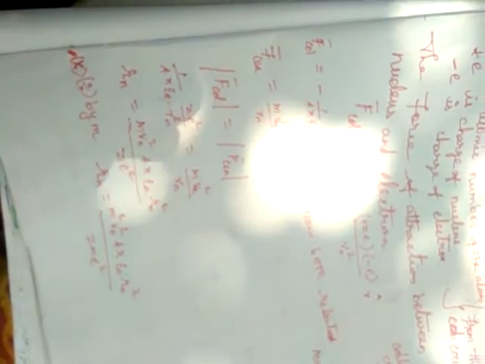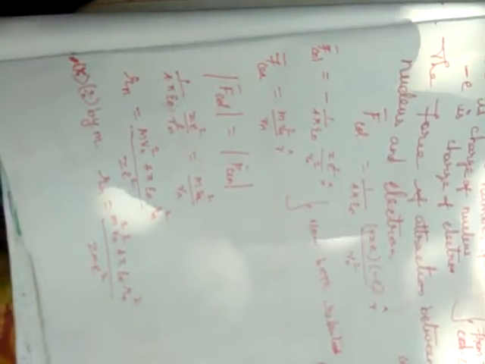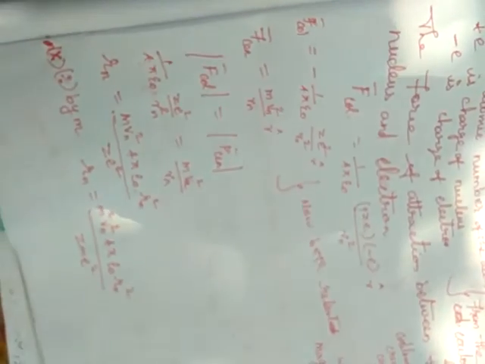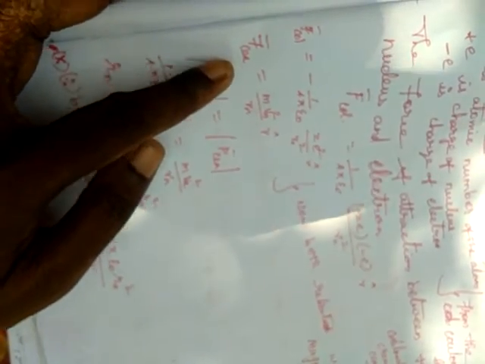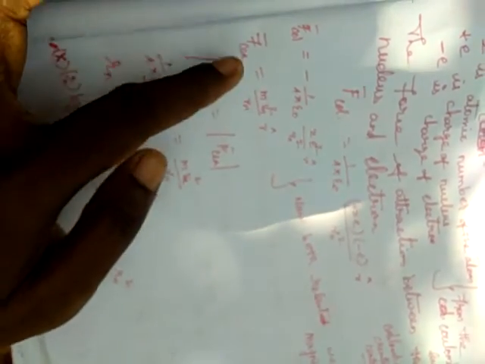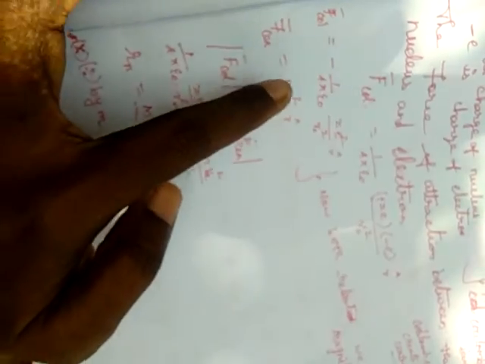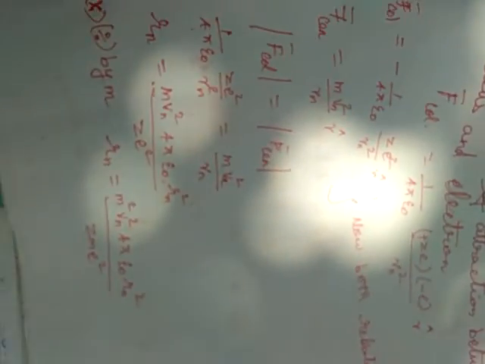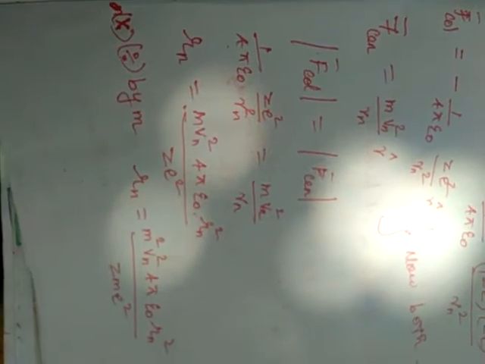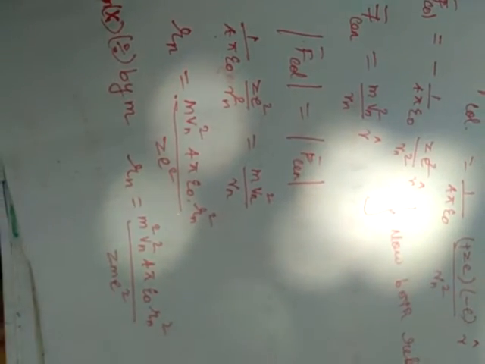Secondly, we take the centrifugal force, which is a very important one. We want to calculate that force also. The centrifugal force and the Coulomb's law force, we want to relate both, and for that we have to take the radius value. The centrifugal force is equivalent to m vn squared by rn, r cap. Now, relating both, the modulus of F Coulomb vector equals the modulus of F centrifugal vector.